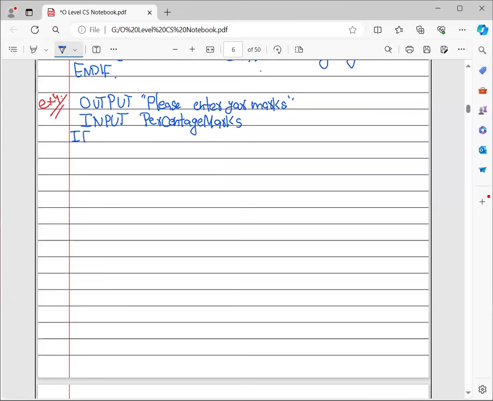Like for example, if the percentage marks are greater than 0, or your